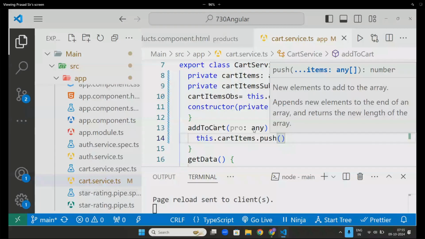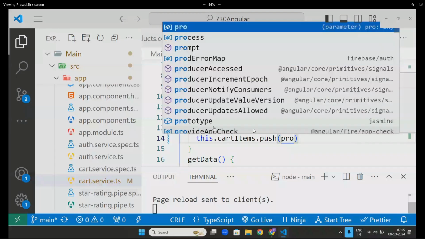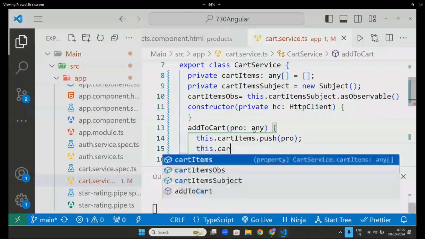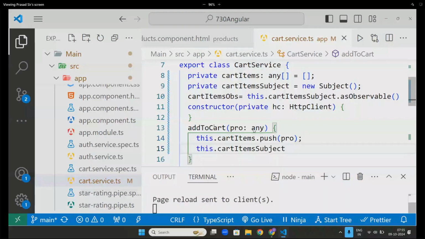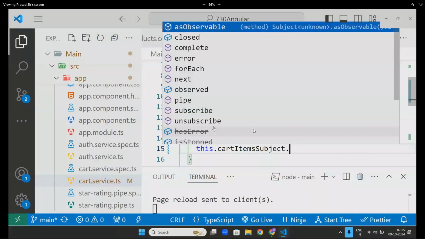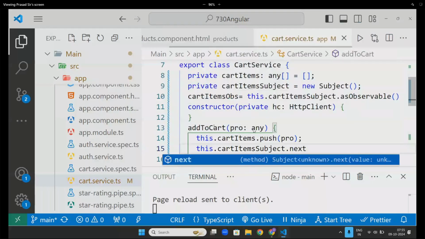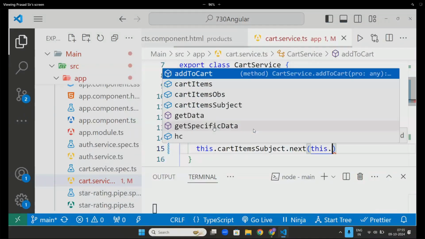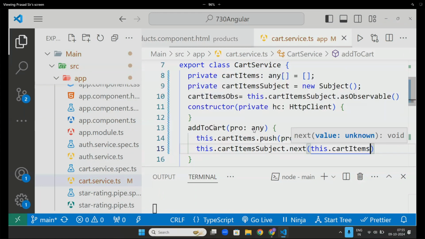Second, the subject: this.cartItemSubject.next, this.cartItems.